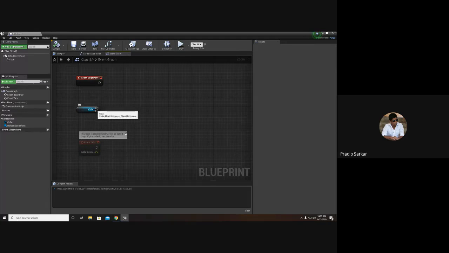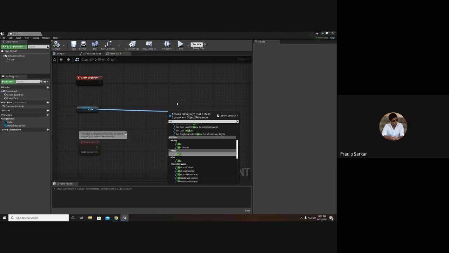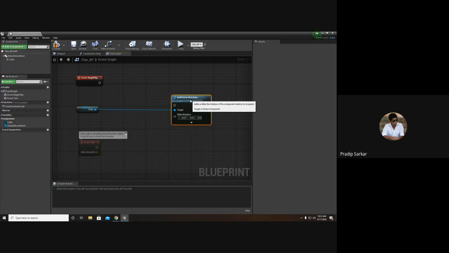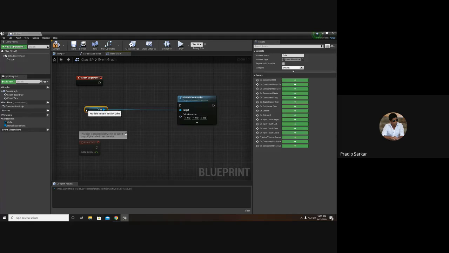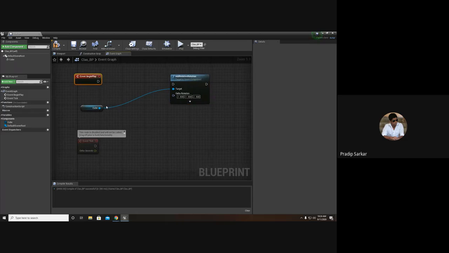So now from the cube, I'll drag another node, and there is something called add relative rotation. Now it is asking for a rotation that has to be added. Now you can see the difference between event begin play and event tick.